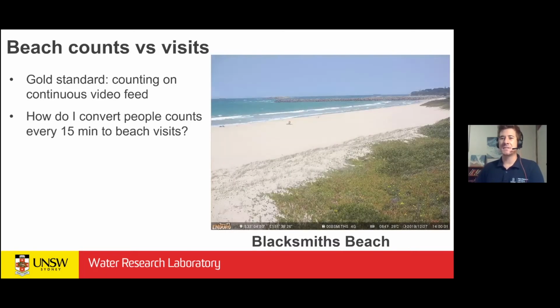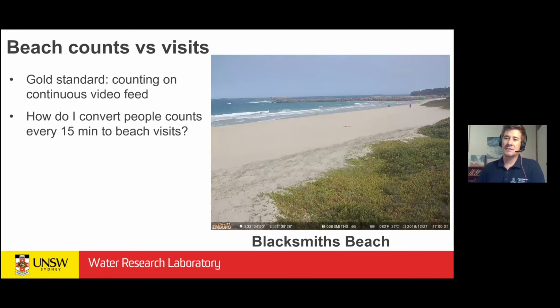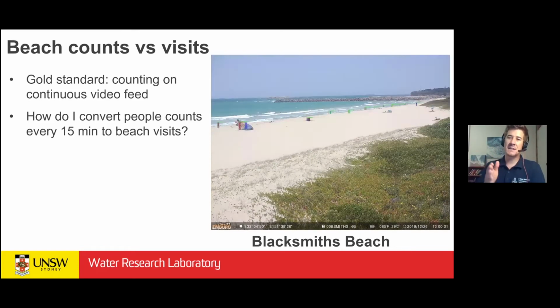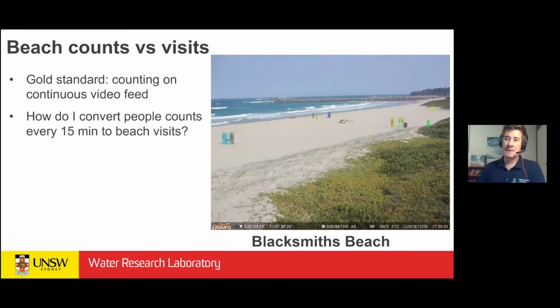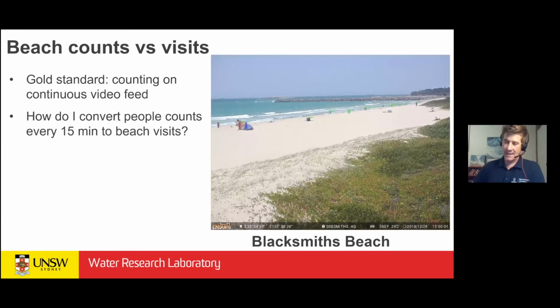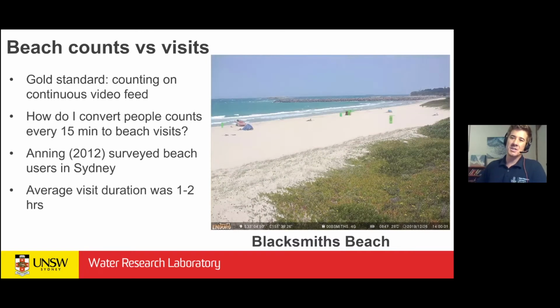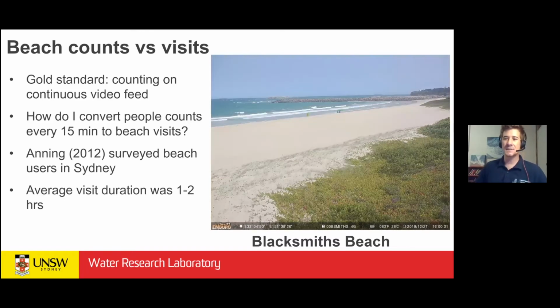With the camera system that I've presented, we're limited. It's transmitting one picture every 15 minutes. So we're looking at how many people are on the beach in 15-minute intervals. And so the question is, how do you go from that to how many people visited the beach throughout the day? There's not heaps of research out there, but there was some research done by Dave Anning a decade ago,